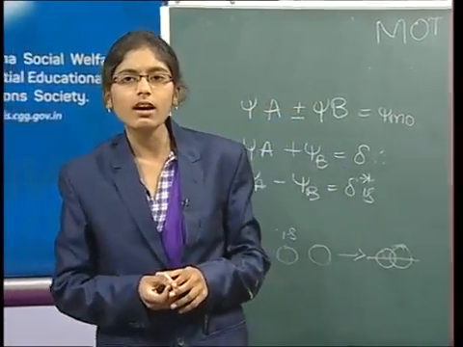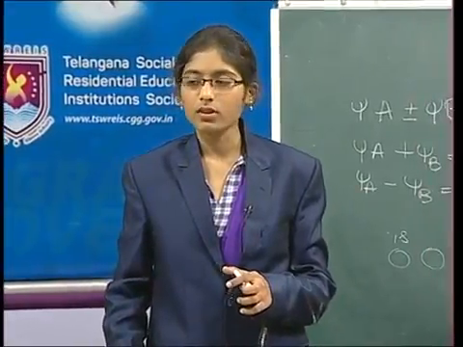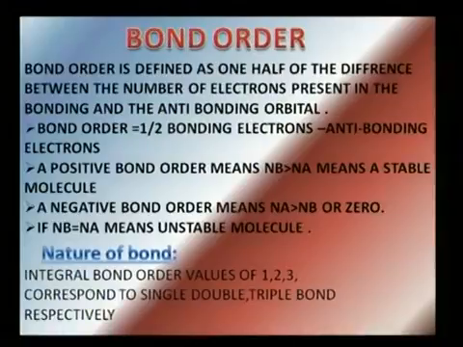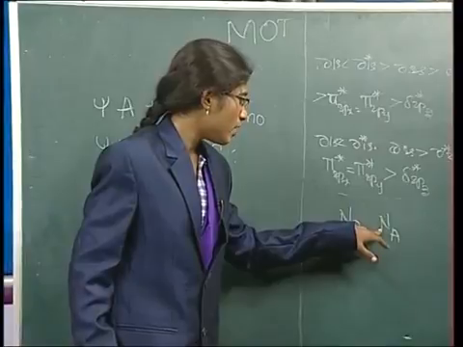Then what is the bond order of molecules? Bond order is defined as one half of the difference between the number of electrons present in the bonding molecular orbitals and the number of electrons present in the anti-bonding molecular orbitals. Bond order equals 1/2 times bonding electrons minus anti-bonding electrons. Okay. A positive bond order means Nb is greater than Na. A negative